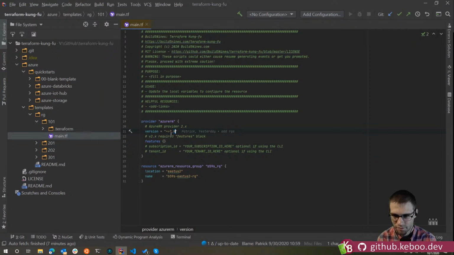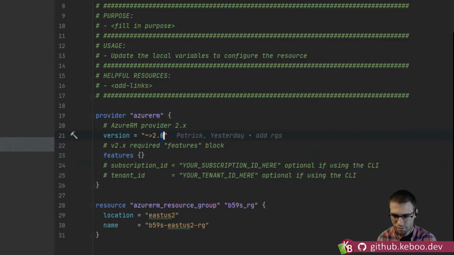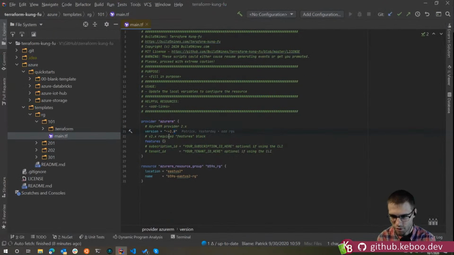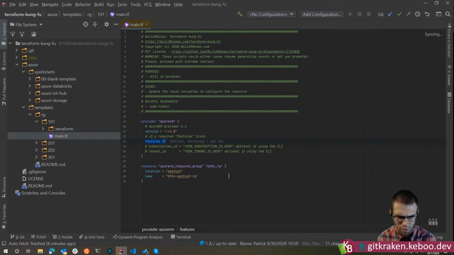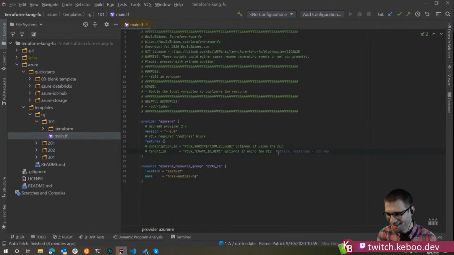This little tilde there is going to grab the latest 2.0 provider, or 2.x version, which I want to say yesterday when we looked, there was like 2.29. I think it dropped like a week ago. Terraform providers rev at a very, very fast cadence. Well, the community support is good. And frankly, that's one of the good things.